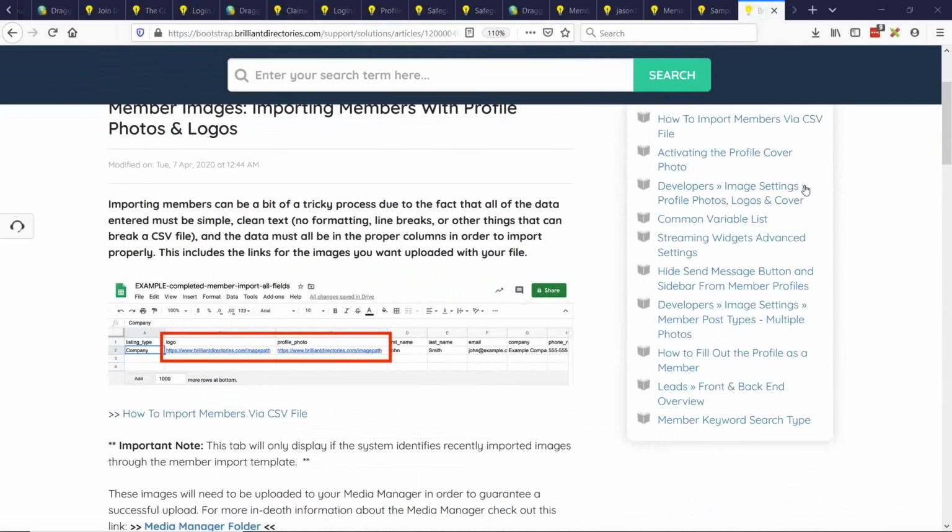No problem. You're welcome. It's really common for users to import member listings with images. Sometimes those images need to exist on the internet somewhere, and I've seen a lot of people use Dropbox or their Google Drive or even their Brilliant Directories Media Manager. They'll add the images there so they exist, and then they will add them to their import file, and it will reference their own website for fetching the images. When you import the members, it'll connect the correct images with the import. So good question there, Mark.